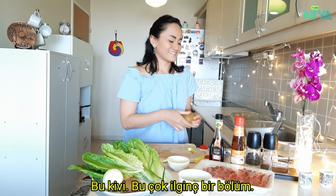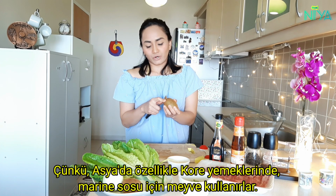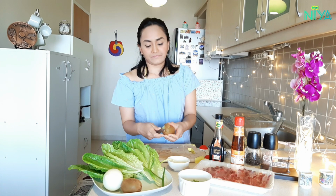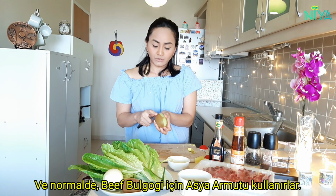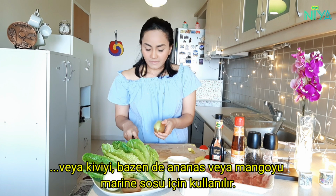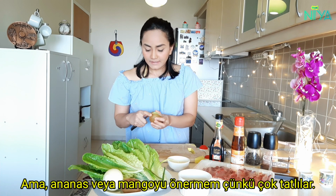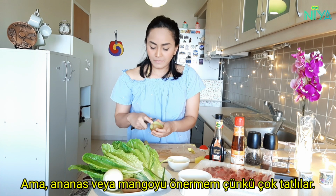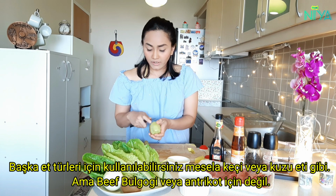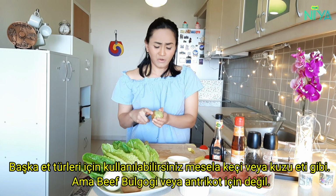Next is kiwi. This is a very interesting part, because in Asia, especially for Korean food, sometimes they use fruits for marination. In beef bulgogi, normally they use Asian pear or kiwi, sometimes also pineapple or mango. But I don't recommend pineapple or mango because they are very sweet. Sometimes they can be used for other meat, for example goat or lamb, but not for beef bulgogi or